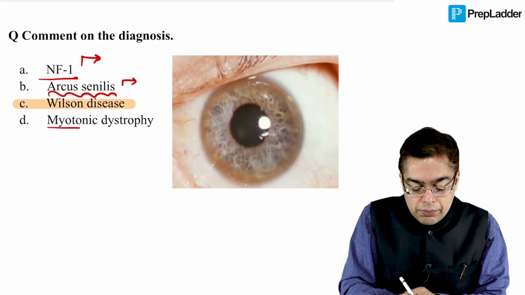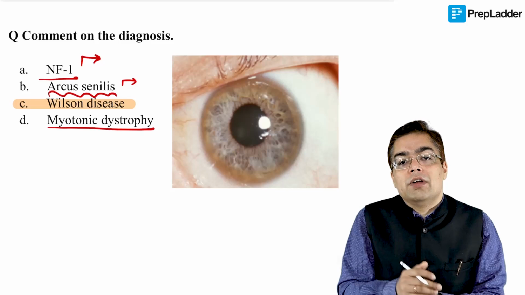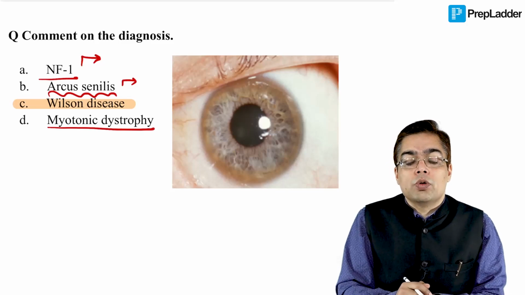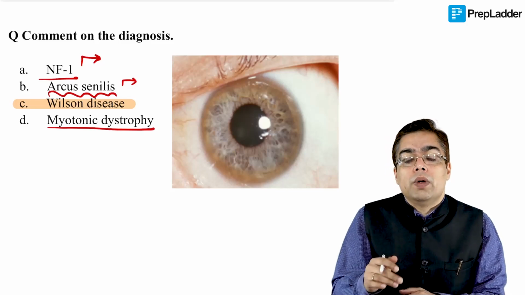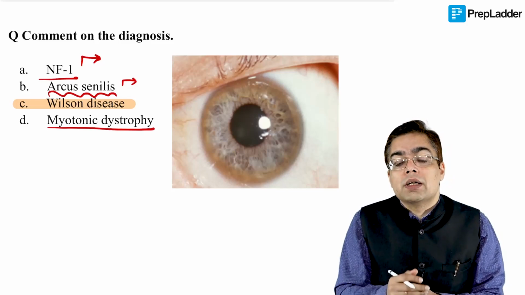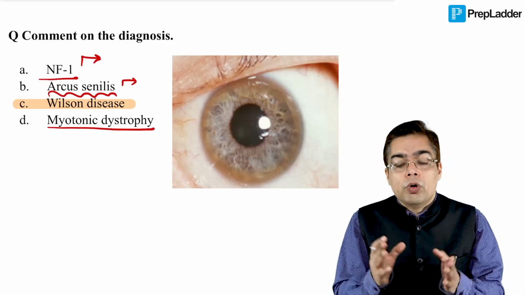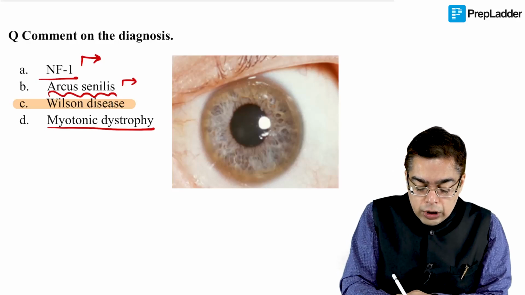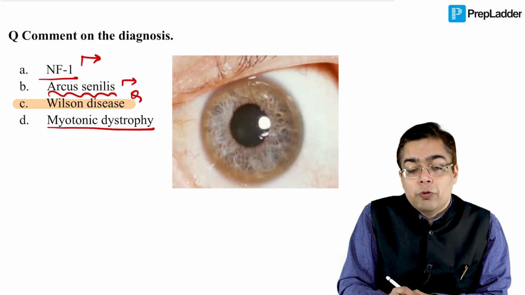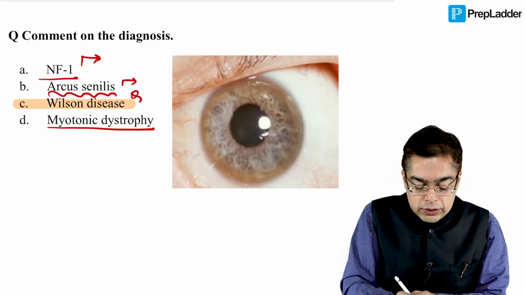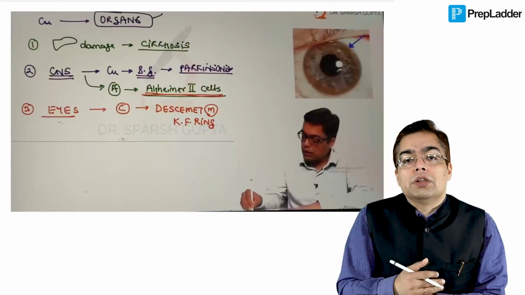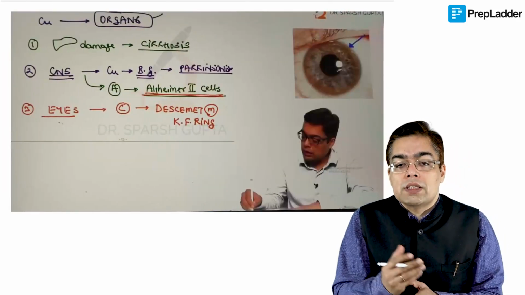When you talk about option D, myotonic dystrophy, they have actually given you a question in the exam pertaining to myotonic dystrophy again as an ophthalmology question, wherein he will be talking about something like, if you remember, the Christmas tree appearance. So not to bog you with too much of ophthal information over here, which I believe a lot of you are going to be doing really well after watching those videos. The answer for this question happened to be Wilson's disease because it was almost a direct rip-off of the discussion that we have had.